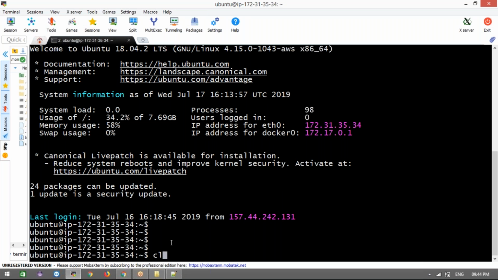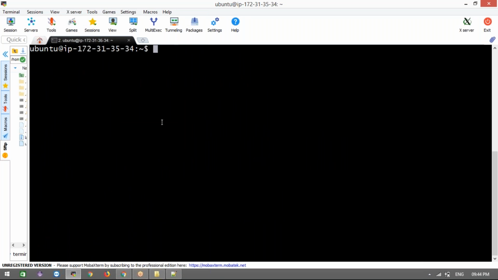Now let me search for the hello world image. Docker search hello world.